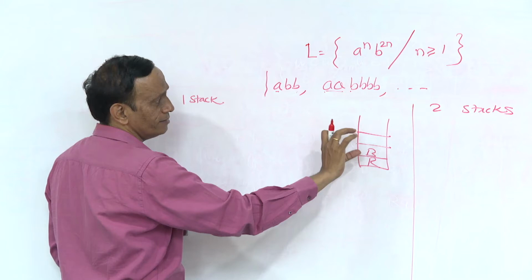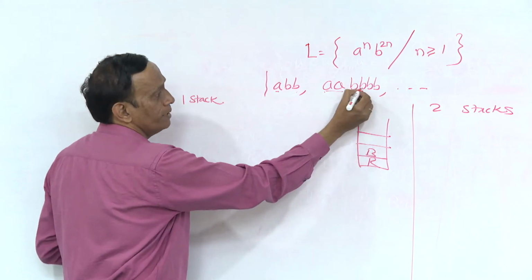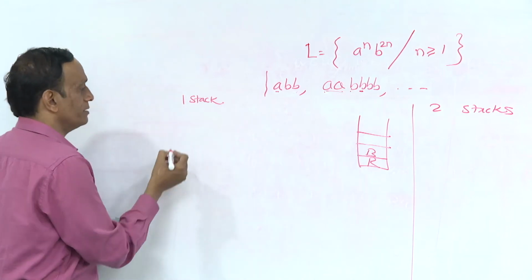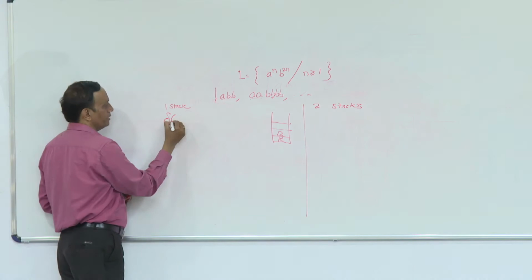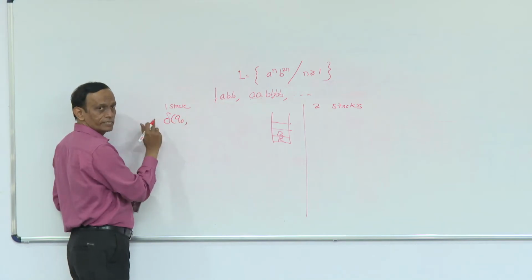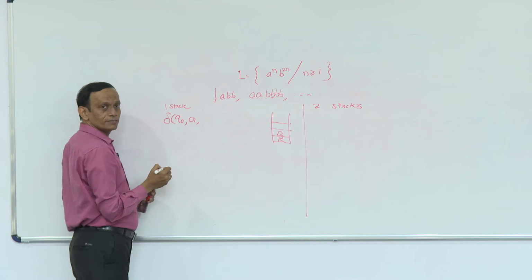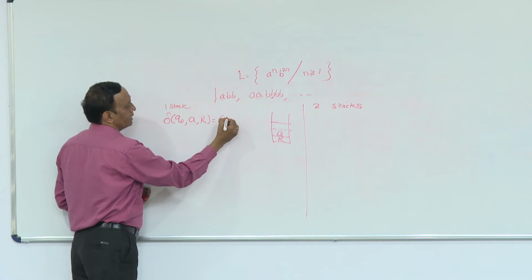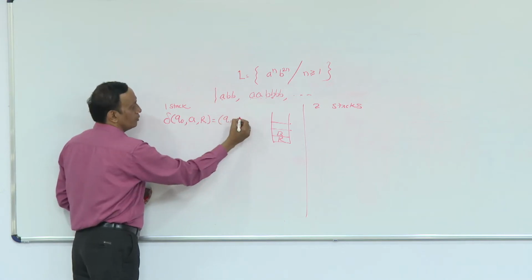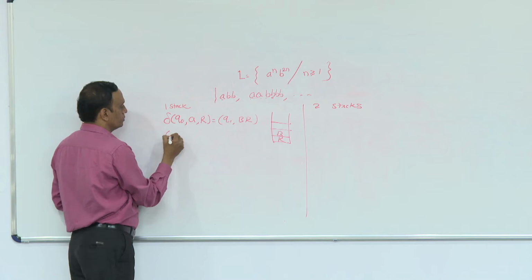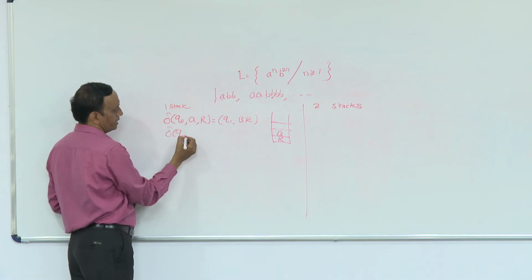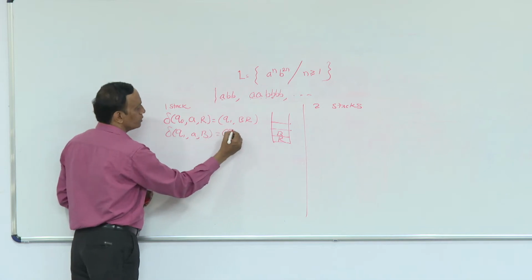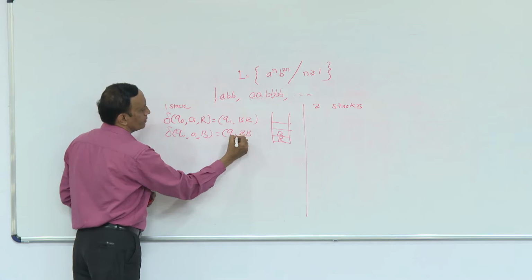So I have to design this scenario in such a way that popping is done by one state, and no change is handled by one particular state. Let us try designing this. Initially, as we said, we will have the initial state Q0. We will always get a as per our language definition, and we have R on the stack. For each occurrence of a, we will push a plate. We are in Q1, we get again a, and at the top of the stack we have B. So this results in Q1 BB.